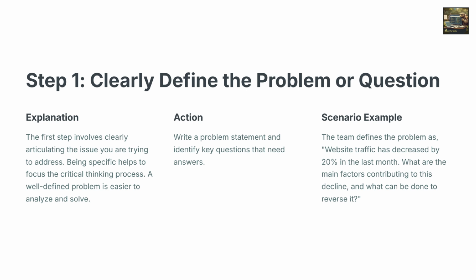Next, write a concise problem statement and outline key questions. In this case, the team asks, what are the main factors contributing to this decline, and what can be done to reverse it? By defining the problem clearly, you create a strong foundation for the critical thinking process to build